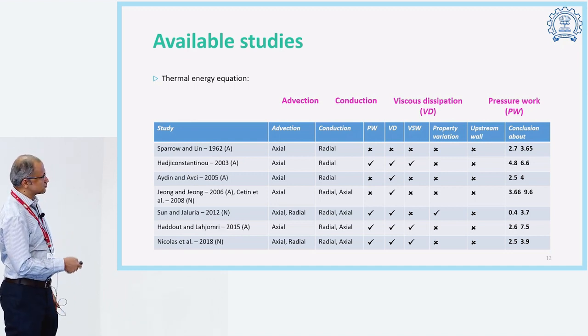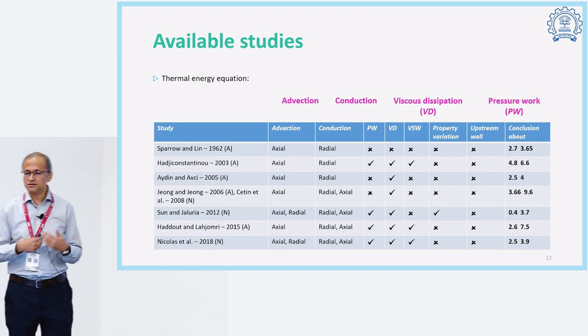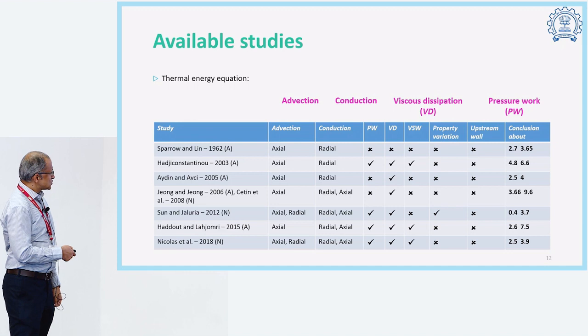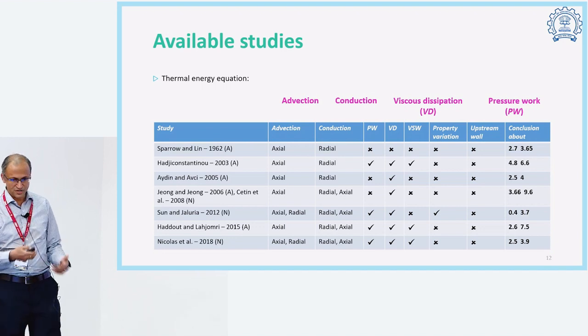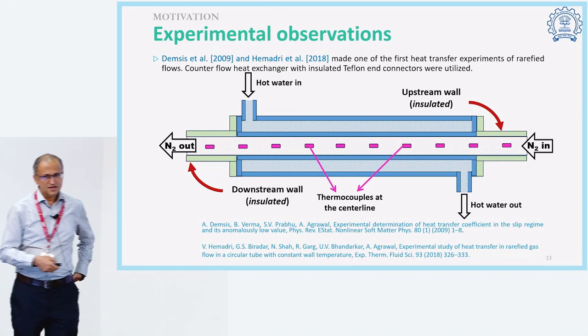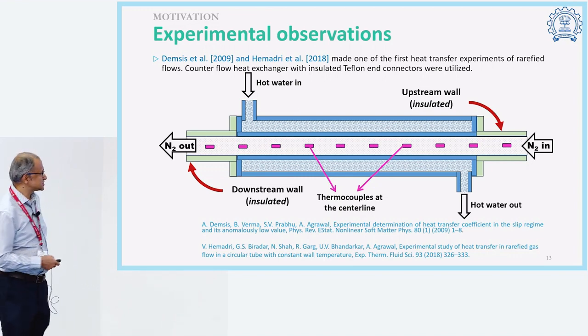And especially the fact that there is upstream dependence has not really been accounted for. The first work was from Sparrow in '62, and lately, after the pickup of microfluidics, there has been a lot of subsequent work in the literature. So these are some observations from the literature, but then there are some interesting experiments